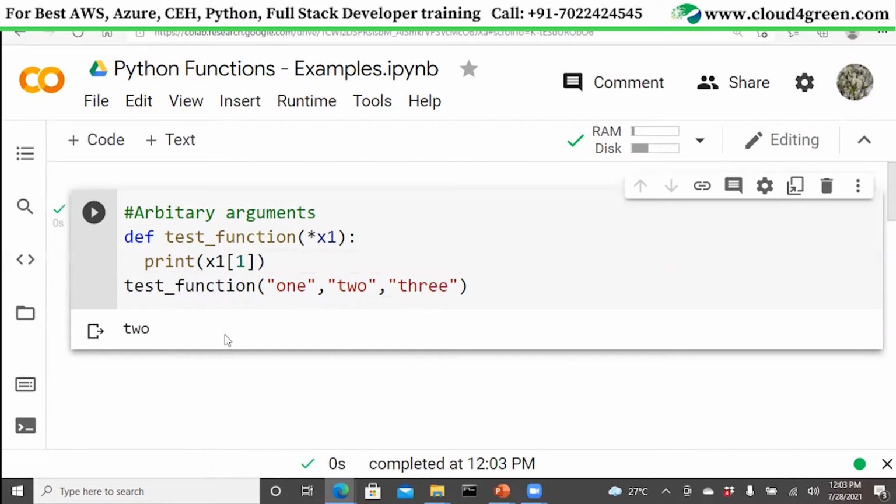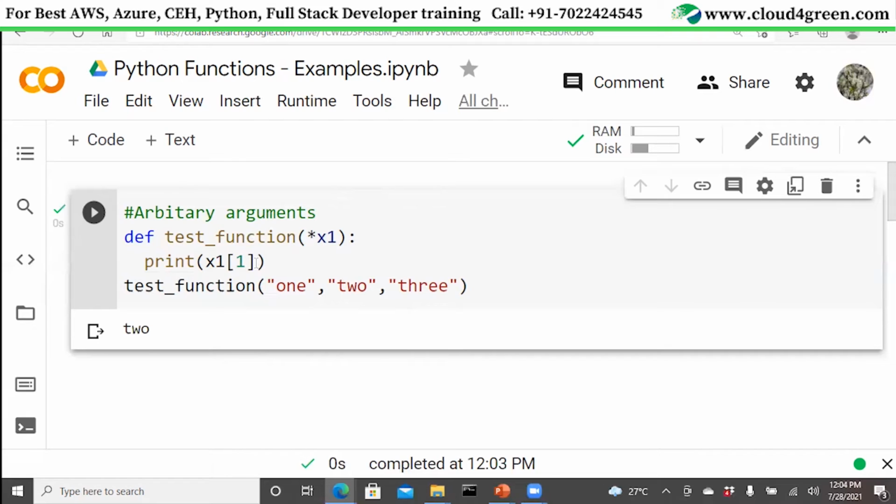So in the earlier example, without an arbitrary argument, if I'm passing three arguments, I have to mention all three of them as names here and associate each value to the names directly. But when I use an arbitrary argument, I can specify one argument, and I could be passing any number of values and printing all of them.